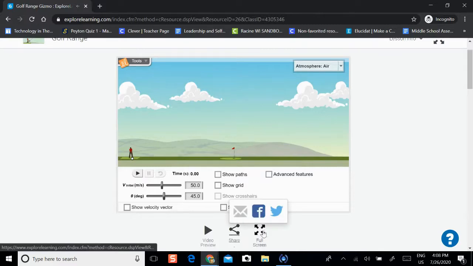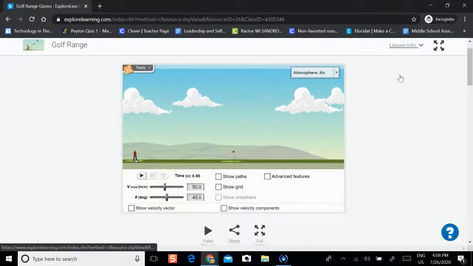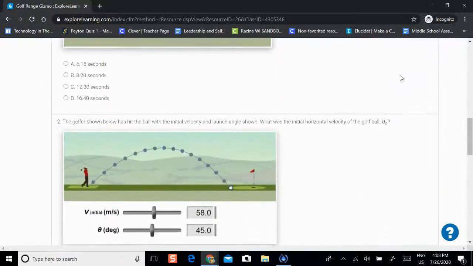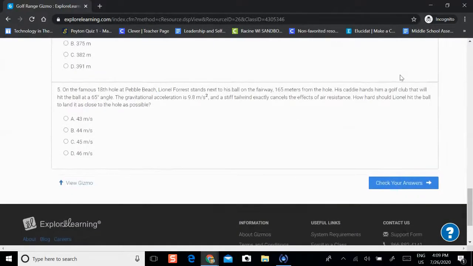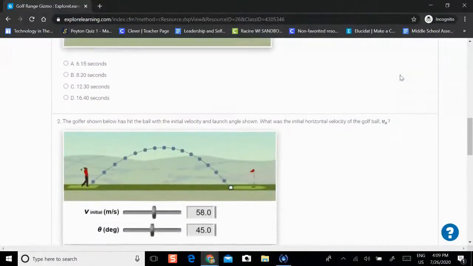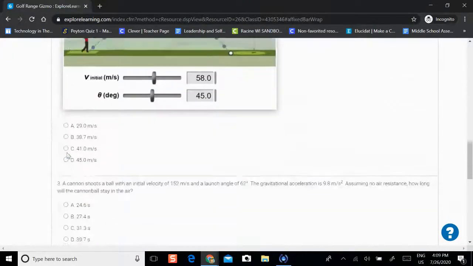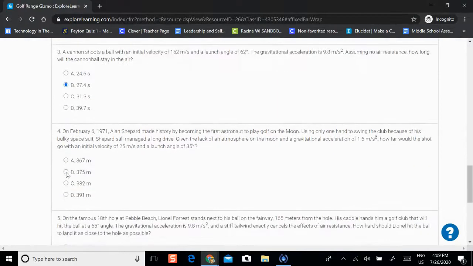I'm still able to share out the gizmo, and I can view it as full screen to experiment with the program. As I scroll down, I will see the assessment questions that are available and can go through and answer those. Once I answer those assessment questions, again, the teacher will get the immediate feedback. I'm going to go through and answer the questions so you can see what a student will see once they